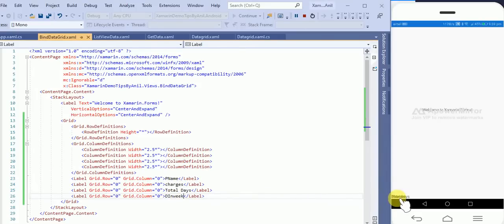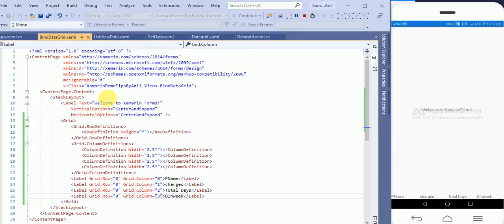Here you can see all the headers are coming, but we have to define different columns. This will be column 0, this will be 1, this will be 2, and this will be 3. So you can see PName, Charges, Total Days, and Day in Week have come.